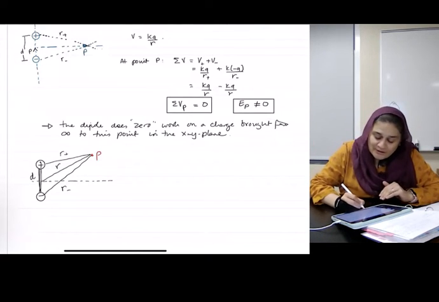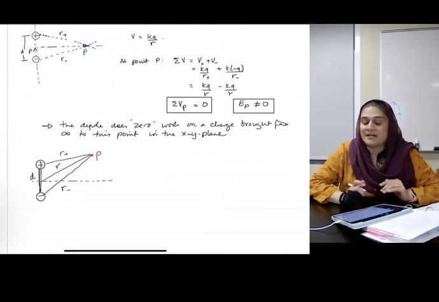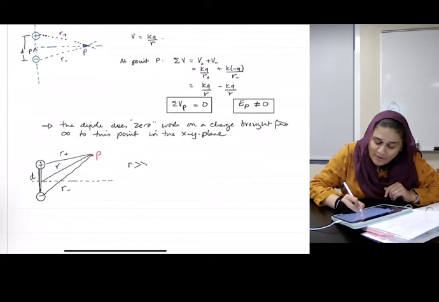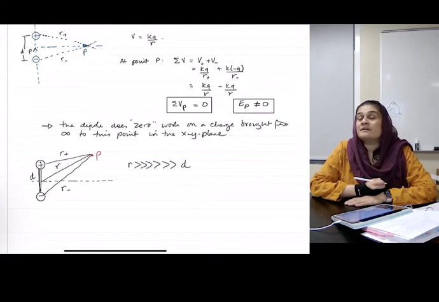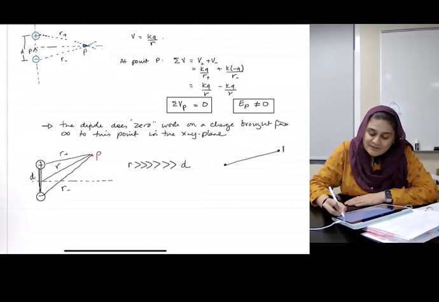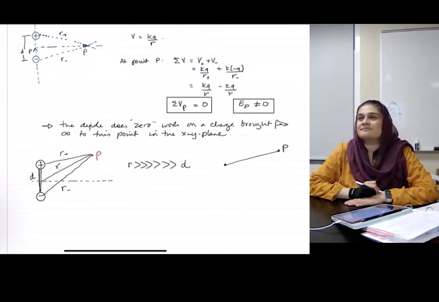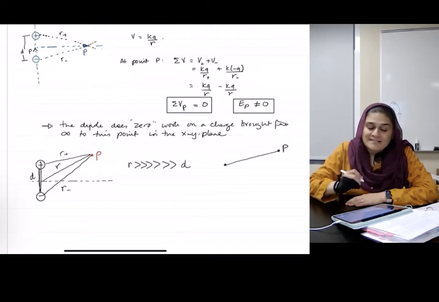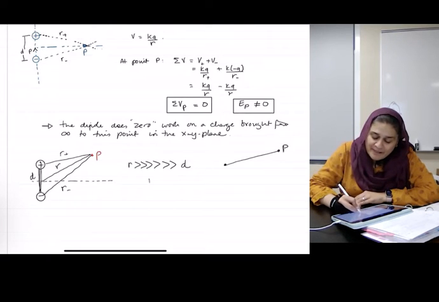So in general, for any given application, R will always be much, much greater than D. In fact, if that statement is true, then the dipole is this, and the point P is that. In that situation, may I write